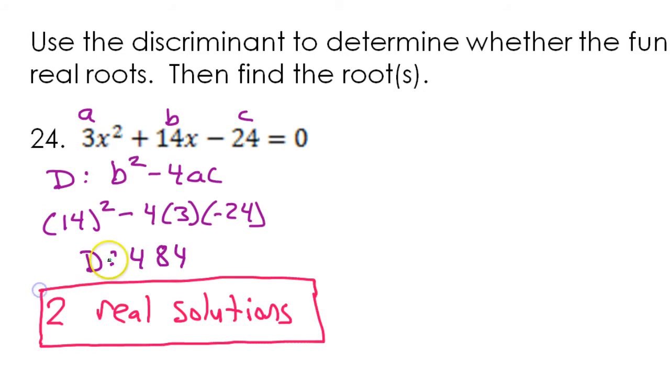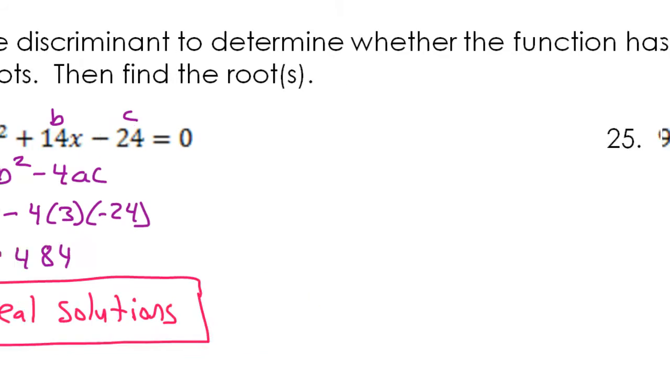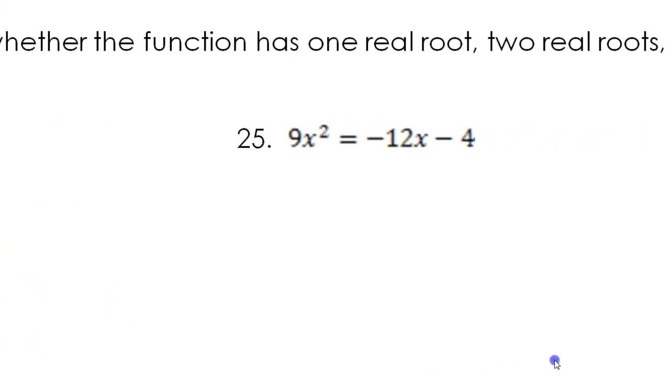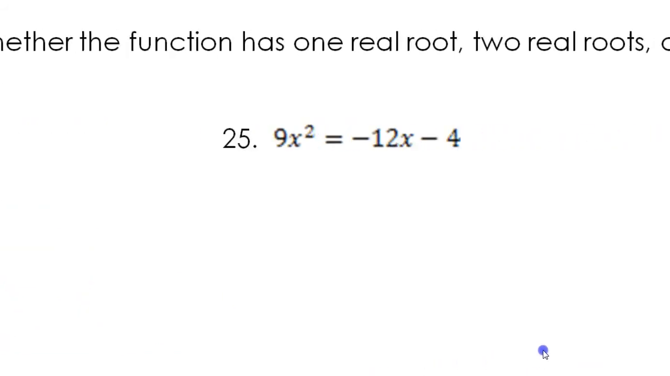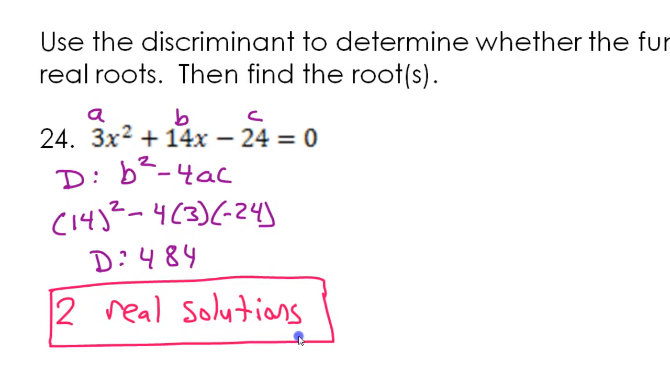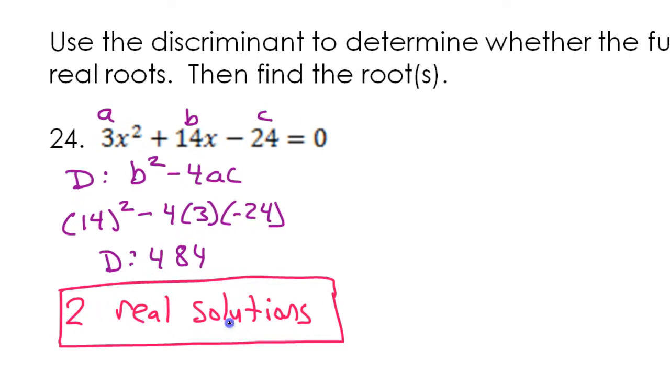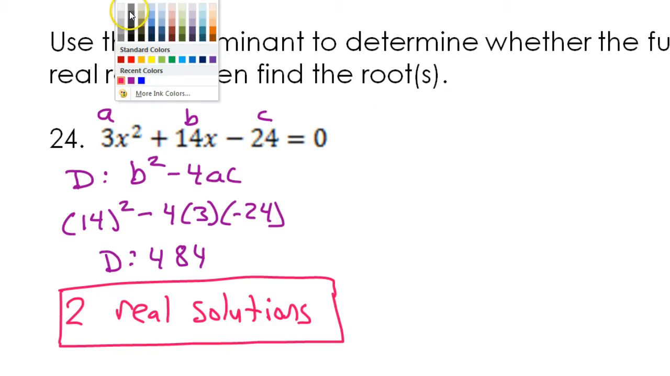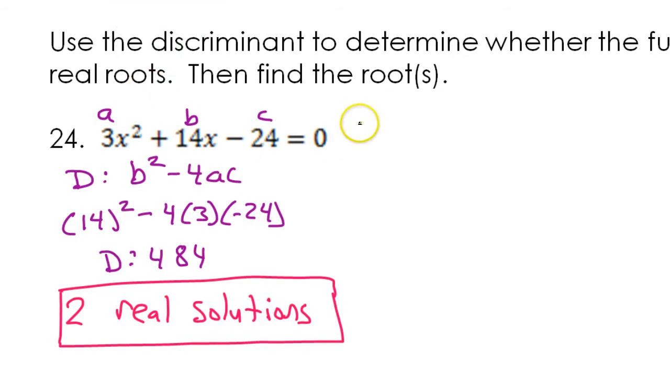Alright, so we were supposed to use the discriminant. We found the discriminant, and we were supposed to use it to tell whether it has 1 root, 2 roots, or no roots. So it has 2 real solutions, or roots. But then we're supposed to go ahead and find the roots. The roots are just the solutions. So don't get thrown by that word. So let's go ahead and continue the quadratic formula